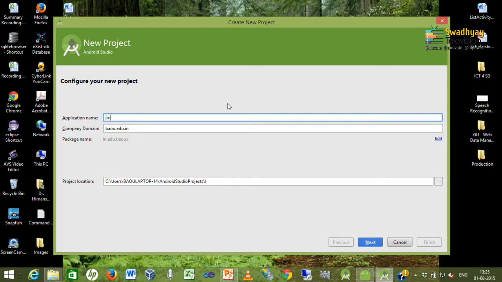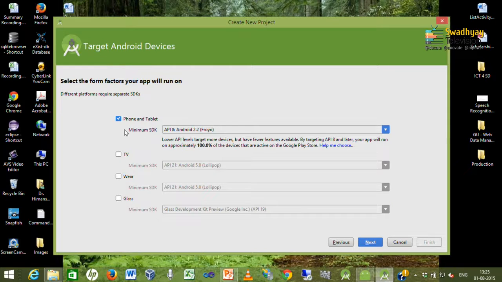So, here I write image list. You can see company domain and project location. If you require, you can change them. We press next. Here we specify we want to develop the application for phone. We select an API level which is lower than 16, and then press next.